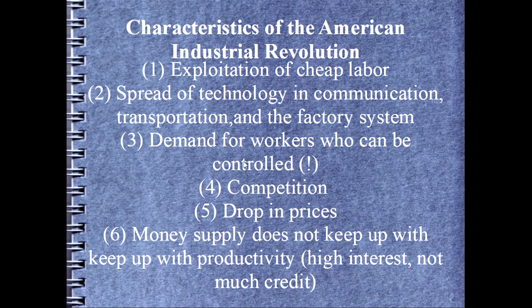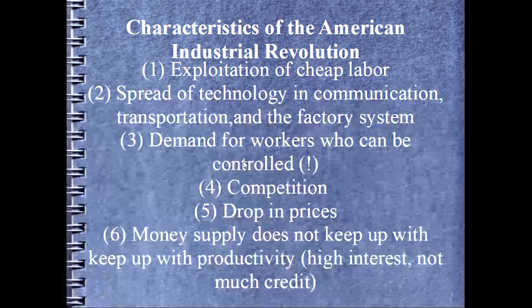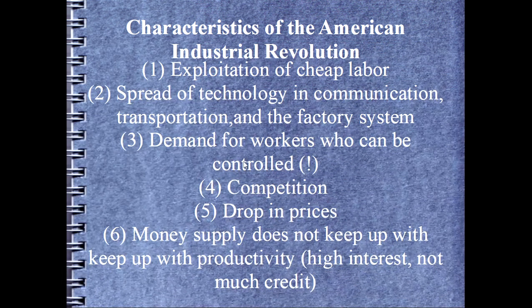Also, the spread of technology and communication, transportation, and of course, the factory system. Communication, what's the big communication model back then? Starts off with a telegraph, then comes the telephone. I can coordinate all the shipments. Transportation, you know what's big then? Trains. Trains are big. Everybody loves trains. Use the phone to coordinate when they're going to show up so they don't run into each other out on the rails, right?